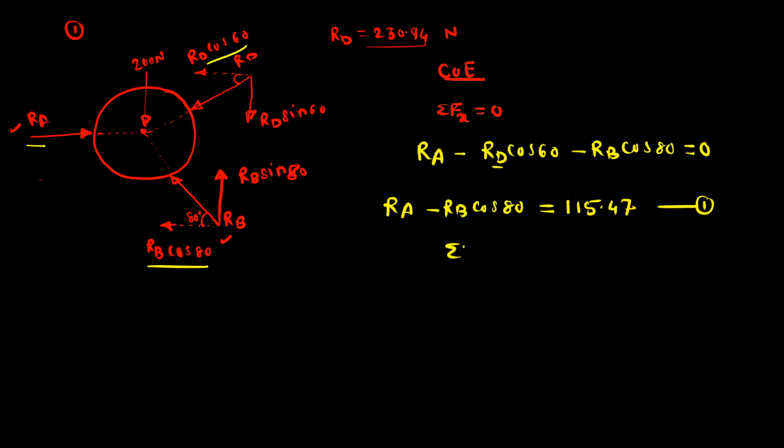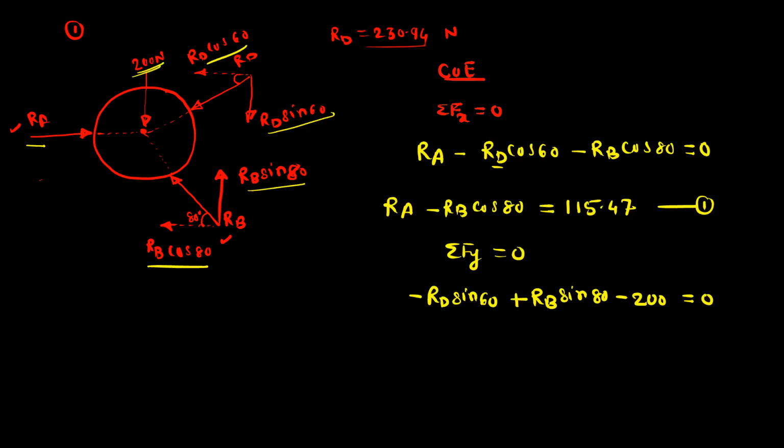Then write summation Fy. This is equal to 0. So in the summation Fy, this RD sin 60 is negative. So minus RD sin 60. RB sin 80 is positive. So plus RB sin 80. Okay. So only two components in the y direction and one more component, that is a 200 Newton force. So minus 200 Newton. This is 0. So in this equation, there is only one unknown, that is the reaction RB. So you can put the value of reaction RD and you can solve this equation. So you will get the reaction RB, it is equal to